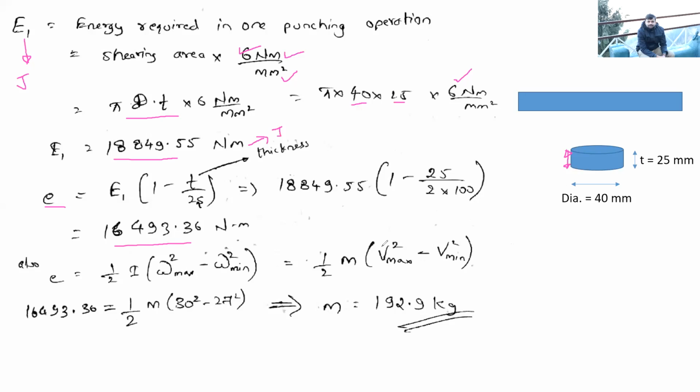So we kept the value of m and multiplied the r square inside. Once the r square is multiplied inside, what we get is v square, because v is equal to r omega, right? So this I was substituted as m into r square. That r square is taken inside the bracket, and omega max into r square would be v max square, and omega min into r square would be v min square. And the value of r we already calculated in the previous slide, by the stroke length and radius relation, right? So this comes out to be that the mass of the flywheel is 192.9 kg.